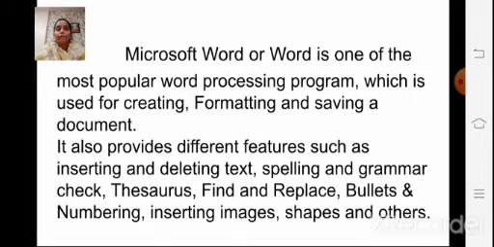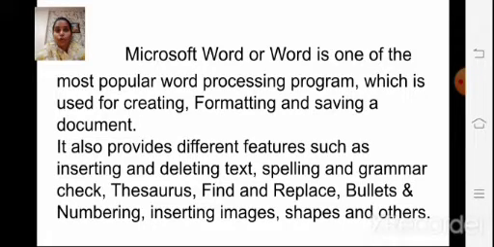Children, Microsoft Word is one of the most popular word processing programs, used for creating, formatting and saving a document.